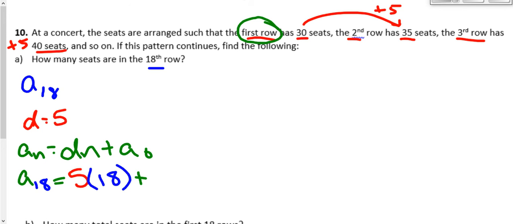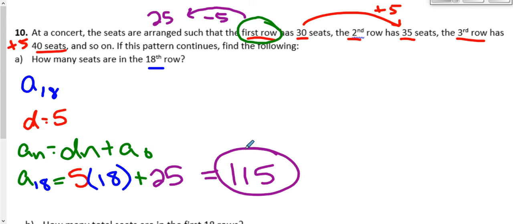If we could go backward from the first row, following the pattern in the opposite direction, so instead of adding 5 to move forward, if we subtract 5, there would be 25 seats in the 0 row. So we'll have to add 25 here at the end of our equation. So 5 times 18 plus 25 is going to give us how many seats there are in the 18th row, and there are